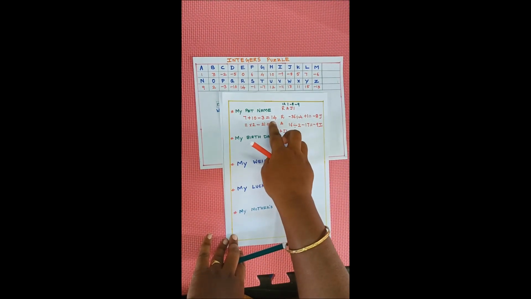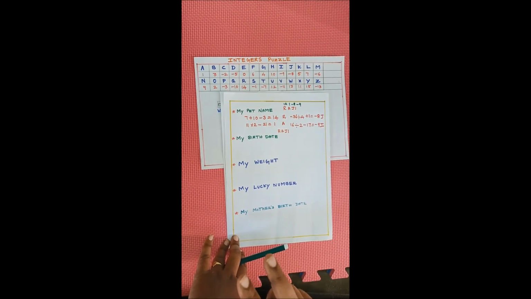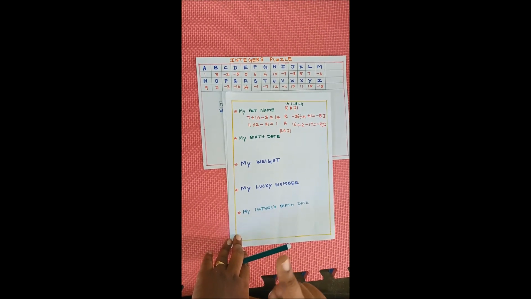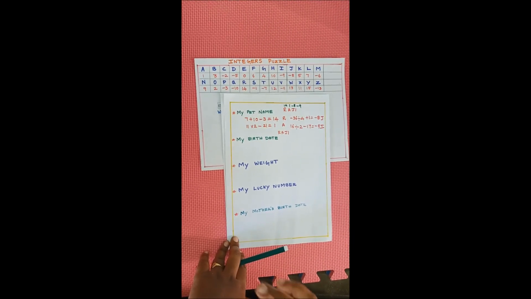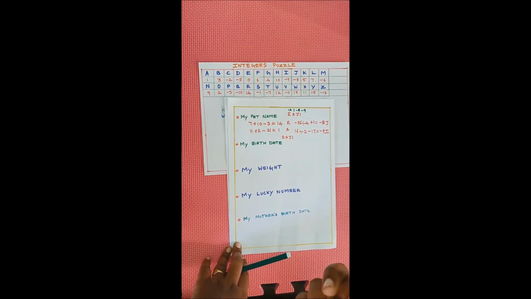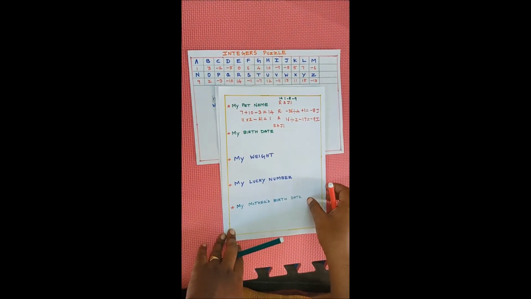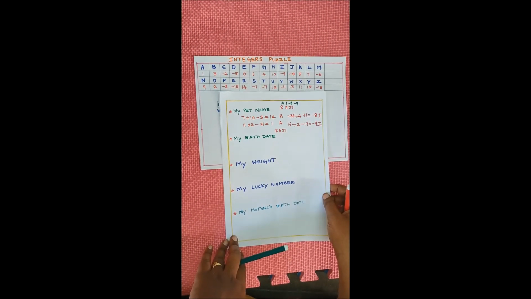What is this? I have to get 14 only, no? I can just add and subtract. But you have to keep in mind the rules. You should use at least 2 operations, minimum 2 operations. You may use 3 or 4 operations also. In addition, subtraction, multiplication, division, you have to use any 2 operations surely. And you should not use 0 in this expression.